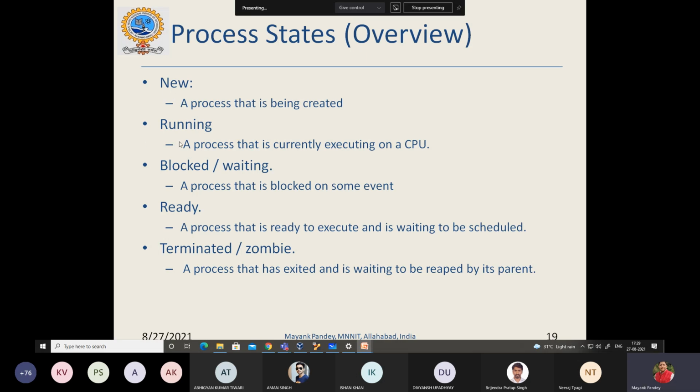These are not the exact names of the process states of XV6, but very similar. So basically, there can be 5 states. New, when a process is being created,